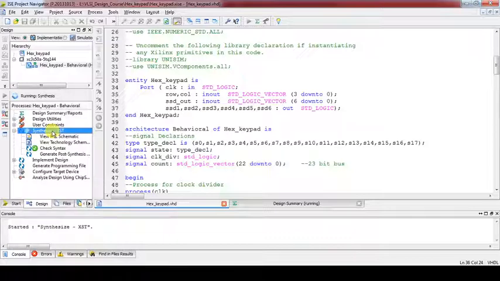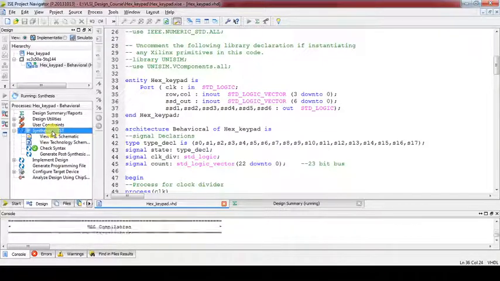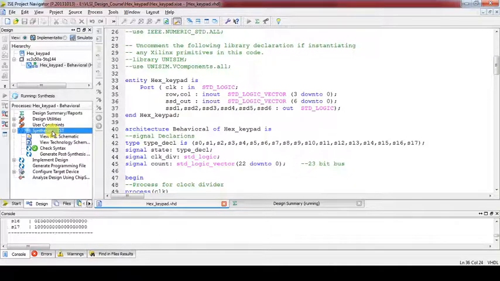Once this synthesis completes, then we have to assign the pins to our particular FPGA development board and generate an executable bit file. Synthesis also looks like it is completing.